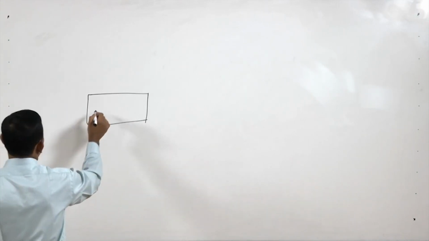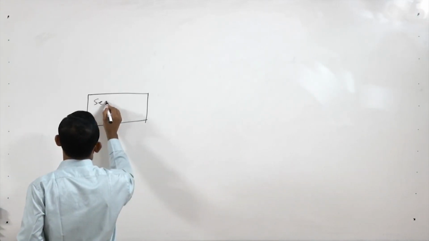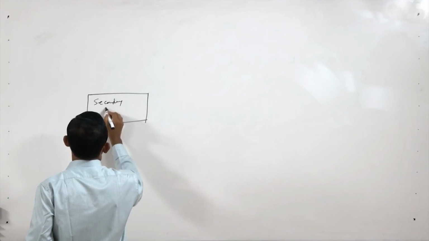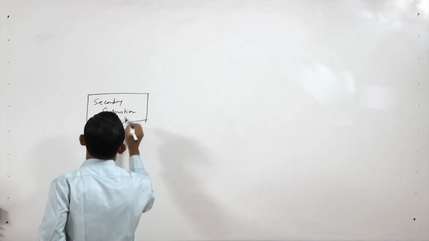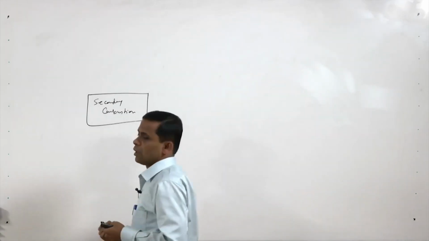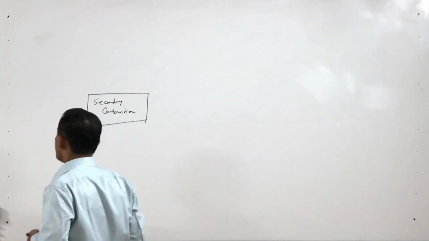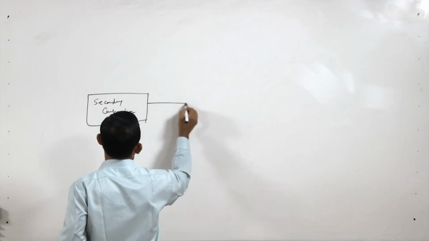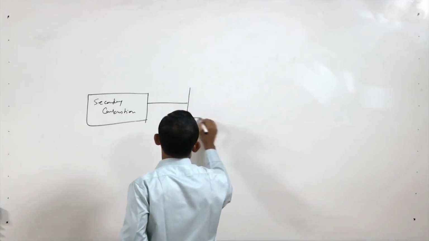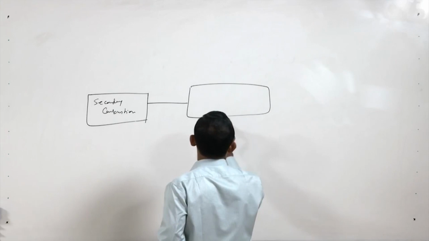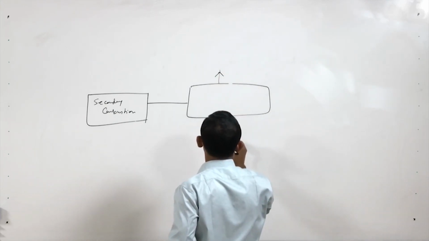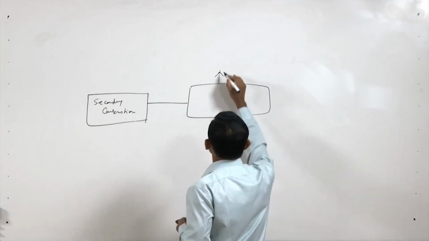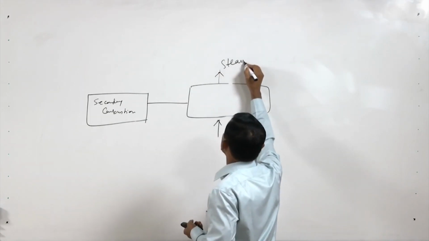A secondary combustion chamber is used to produce flue gas. So, this flue gas will come and we will use this flue gas to produce steam. So, this is water, and the flue gas will give us steam,